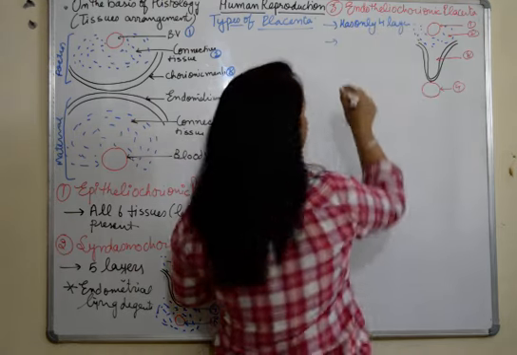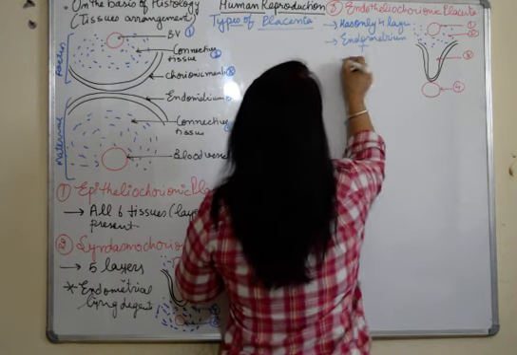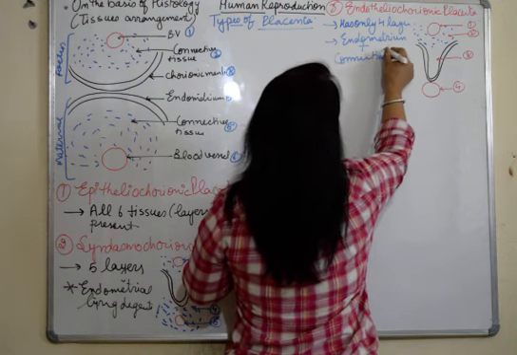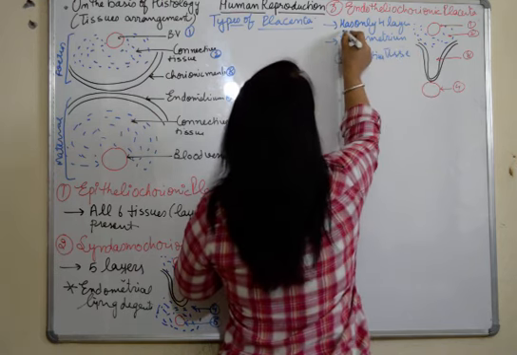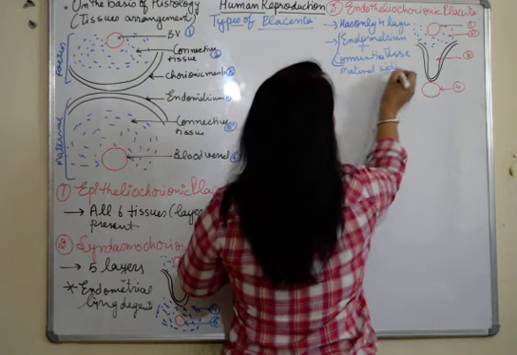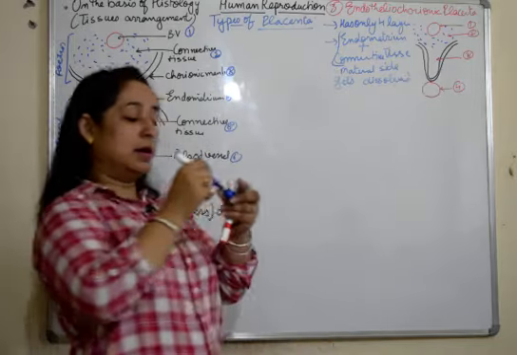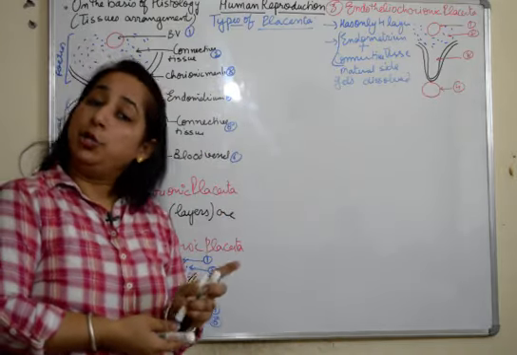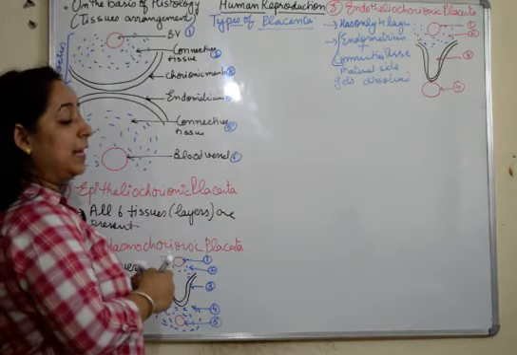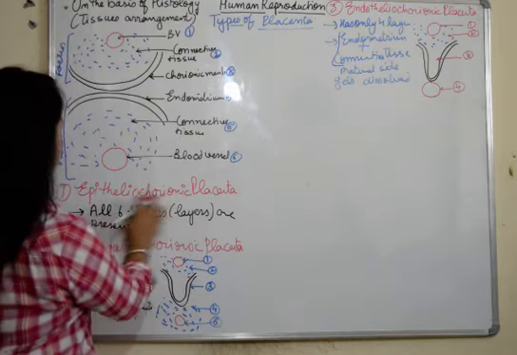Now the lost layers are endometrium plus connective tissue, that is maternal, both of them. Maternal side gets dissolved. Fine. So this is the third type of placenta, that is endotheliochorionic placenta. So after endotheliochorial placenta, or you can say chorionic, or you can say chorial,